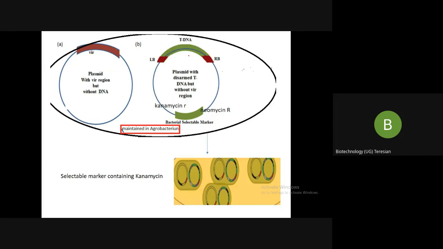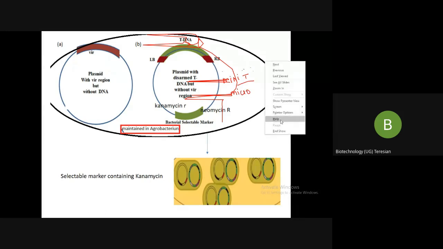This tDNA or your binary vector is also called as mini tDNA, or it is also called as micro tDNA. This is another name. So it has binary vector. It usually refers to tDNA, but binary means actually it is two vectors, but particularly they call this as a binary vector. The other names it has are the mini tDNA or micro tDNA.